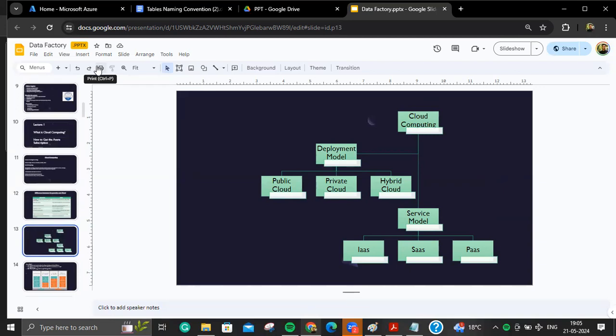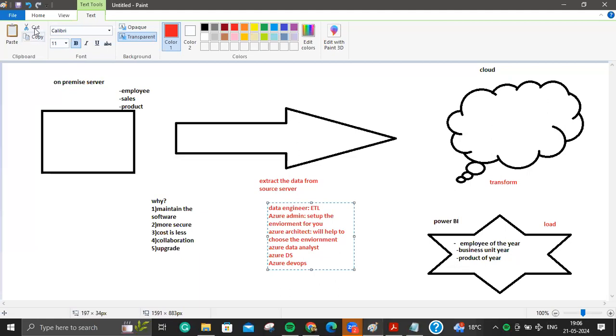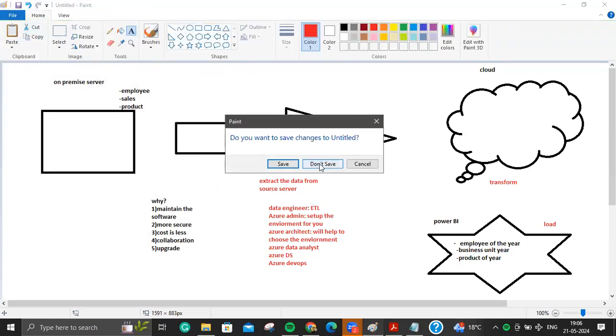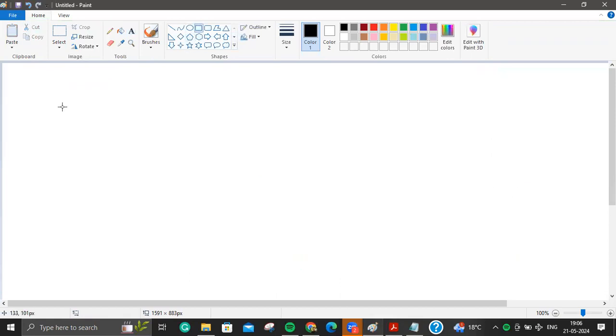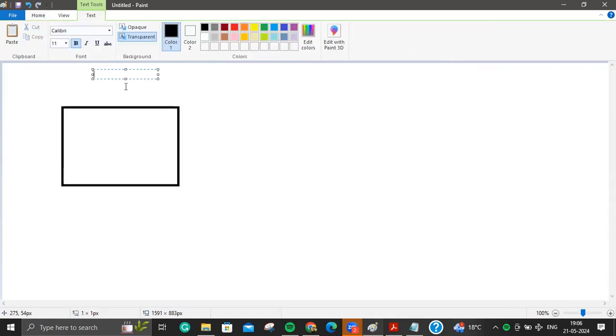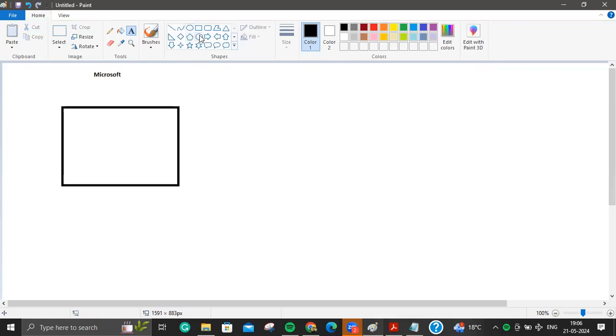Public cloud is a cloud in which, so suppose, just to give you an example and to understand in very simple terms, Microsoft has a different server everywhere. Now, suppose many people came to Microsoft.